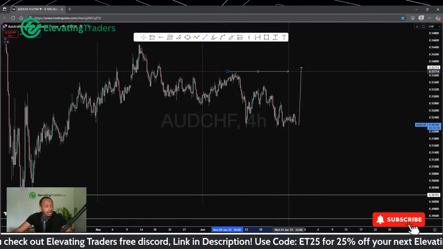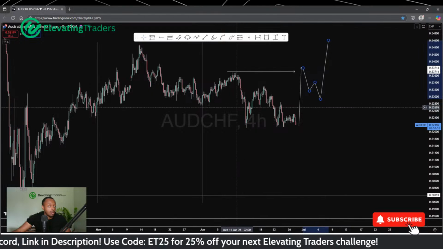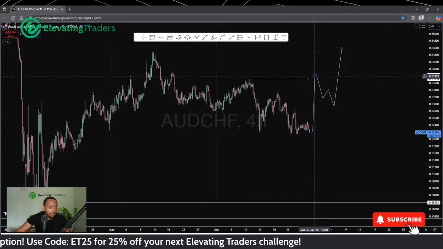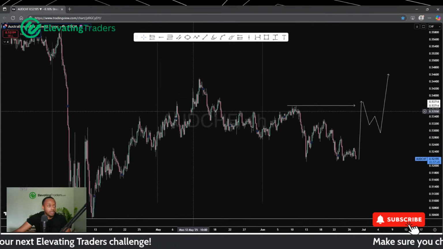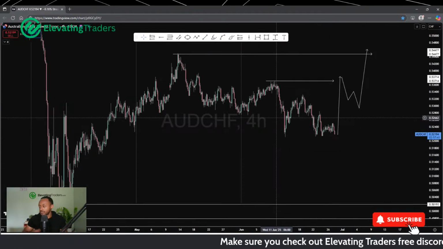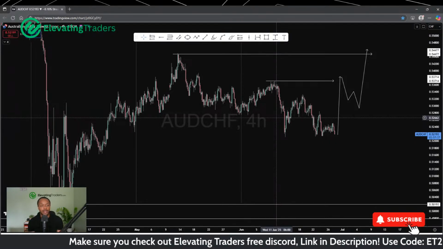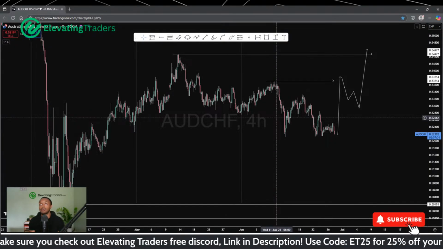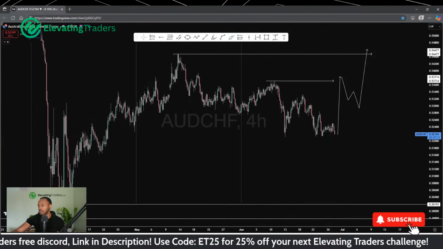Let's see if we can take out this high. That would probably give me the confidence to go and look to long, because at that point I've seen intent for us to go higher. Now if I find a pullback, I'll be happy to take some longs. And of course, targets back to where we came from. But yeah, CHF pairs are looking pretty bearish right now, so I'm definitely putting my bullish bias to one side, because at the moment, not seeing much opportunity there.